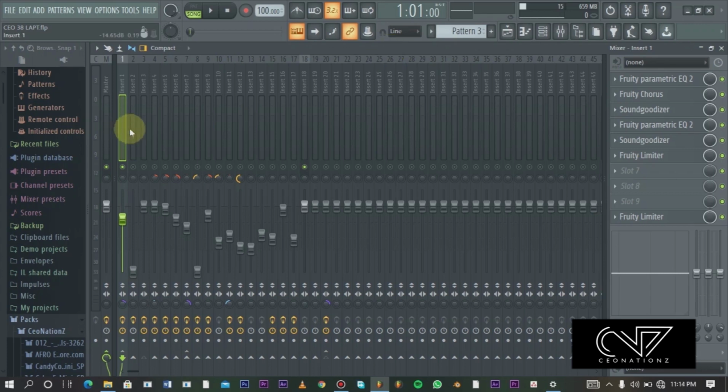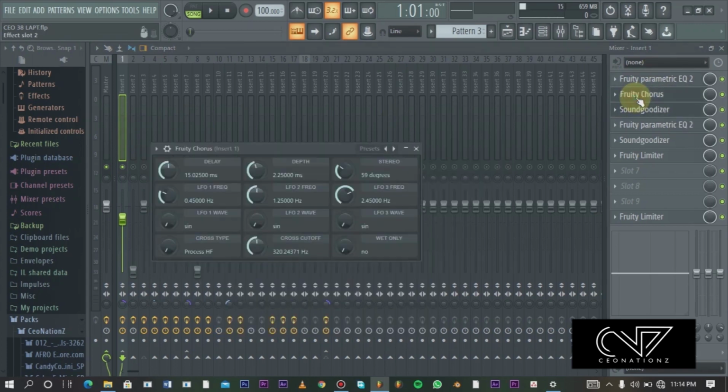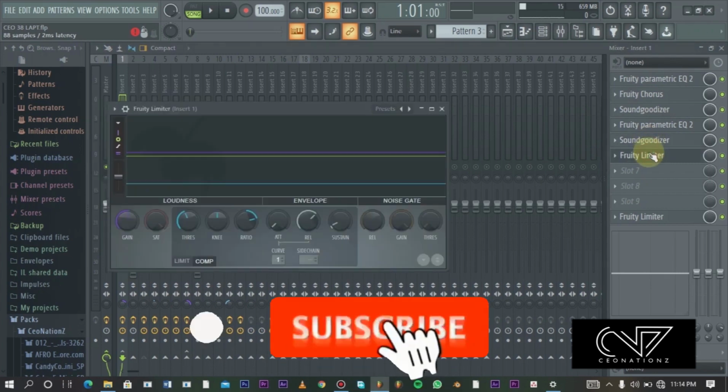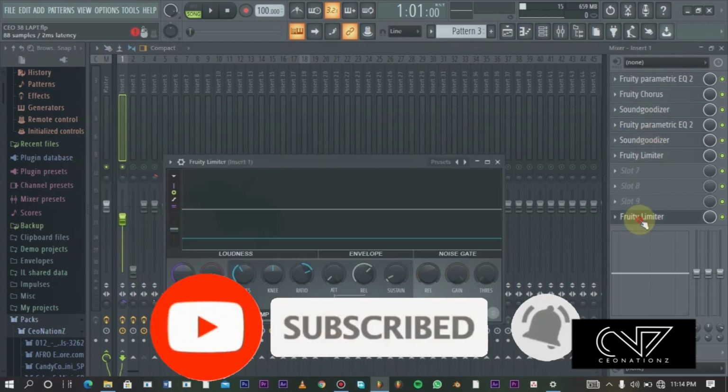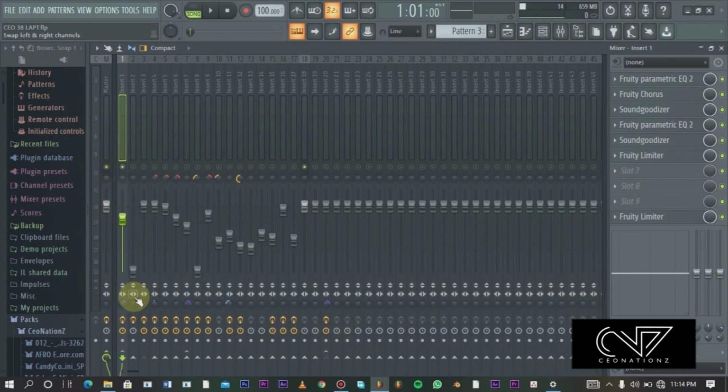As you can see on insert 1, we have these effects: a parametric EQ, a fruity chorus, a sound goodizer, a parametric EQ again, a sound goodizer again, and a fruity limiter and a limiter at the end. And you can see where our fader is, and where our stereo separation is. So what I'm going to do is copy all these effects and paste them right here